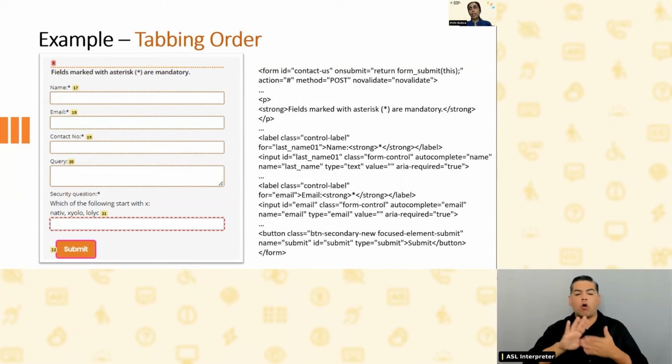I can get to a slider, but if I can't change the values of it, okay, people with visual impairments won't be able to use the slider. They won't be able to operate it. So will be the case for people with mobility impairments. So it is not only important that one can get there, the focus is visible, and the tabbing order is logical, but it is equally important that one can interact with the given control.